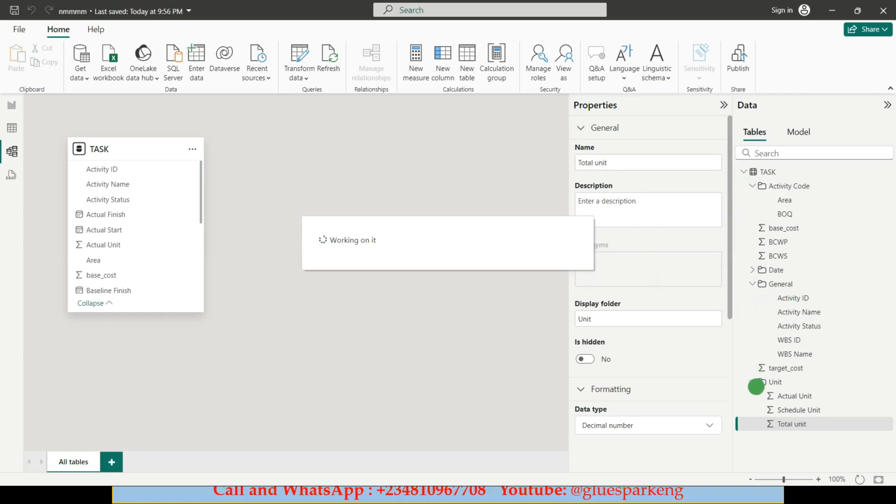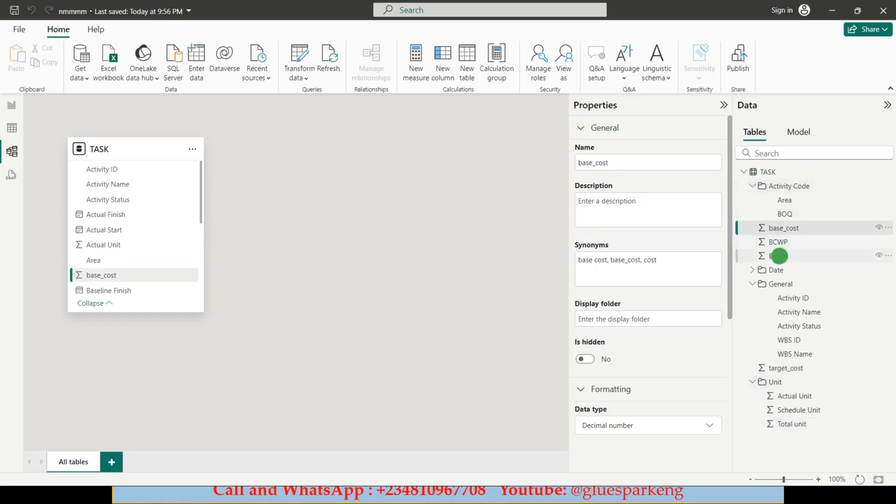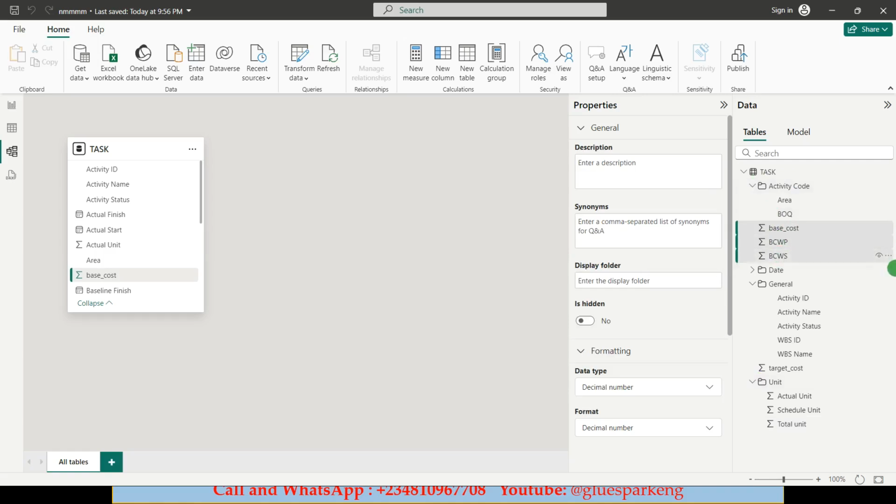I will now move over to the cost. So under cost, I will click 1. Three of them are under cost. Okay, four. But the base cost and total cost are just the